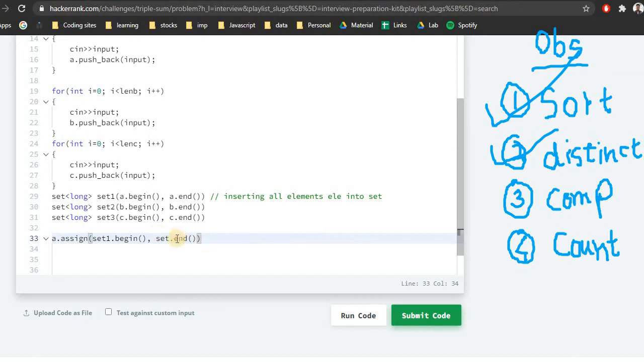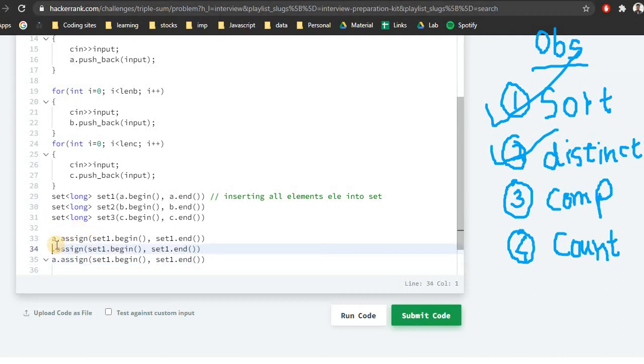Similarly we'll again copy the elements. So let me do it as set1 here. We need to again do this 3 times, because A, B, C. So we want to copy the elements from the second set as well and the third set as well. So let me just replace A with B, and here it will be set 2. Similarly set 2 here. I know it could be quite confusing if you are not well versed with the STL functions or set or the vector.